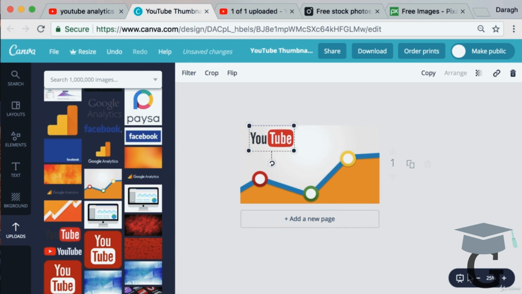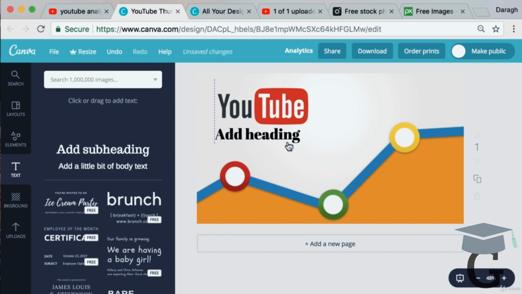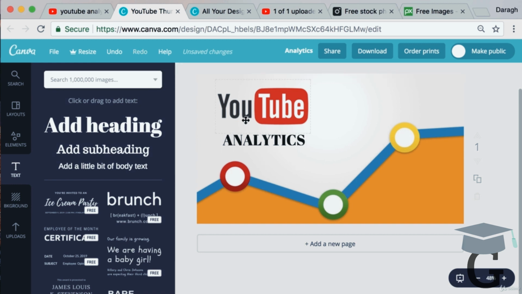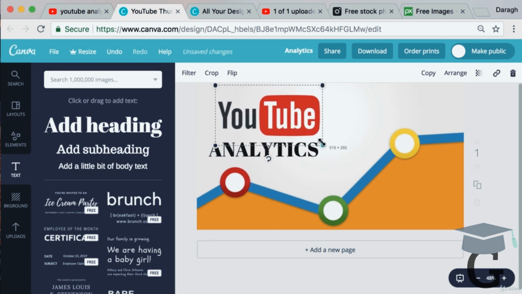And you can see it's very easy to size this up and down. You probably don't want to keep it right at the edges, but just have it there. You can zoom in and zoom out. Now I can also add in some text. So I can just drag and drop this across into it, line it up, and I can really change the text to whatever I want. So I'm making a video about YouTube Analytics. I want the thumbnail to really just communicate that. Change the size maybe to 56. Scale this up a little bit as well,